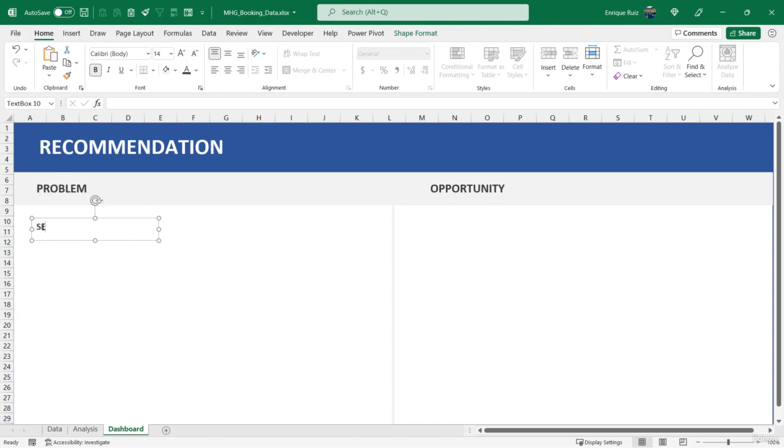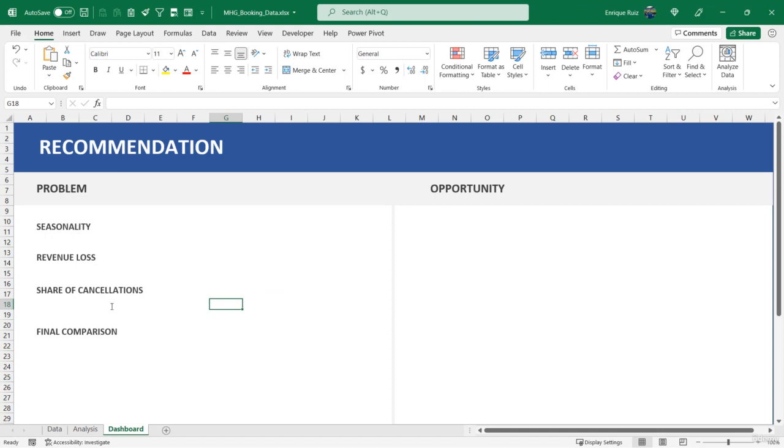So we've got our seasonality visual. We've got the revenue loss visual. We've got our stacked bar showing the share of cancellations. And then we've got the final two bar charts that show the final comparison. Again, these are just placeholders for me to work with, but now let's figure out where each of these visuals